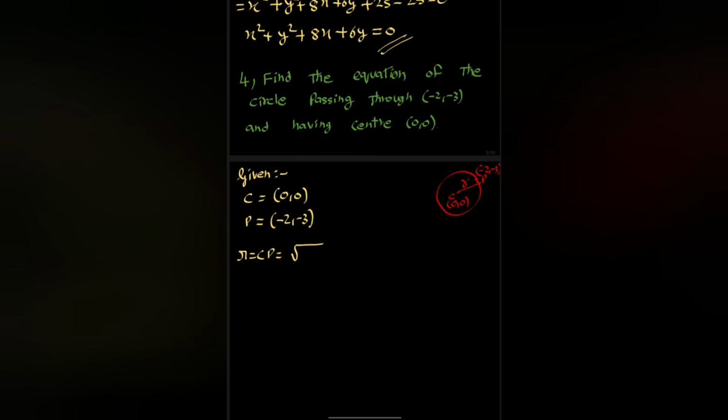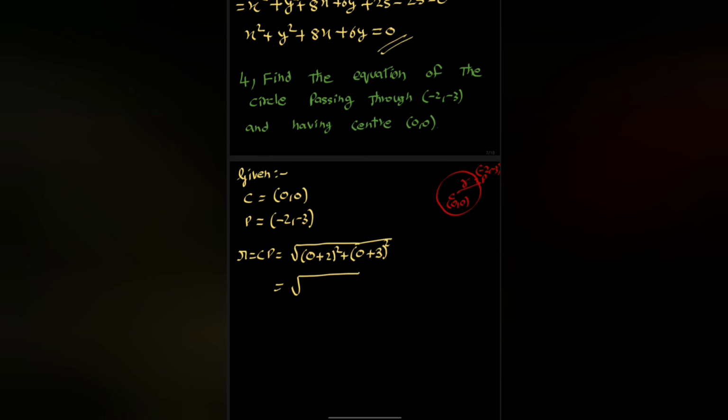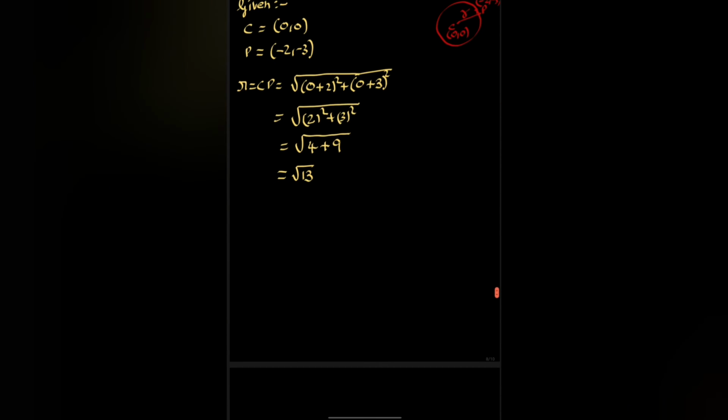So CP means root over (0 minus of minus, that is plus 2) whole square plus (0 minus of minus 3, that is plus 3) whole square. Then we get root over 2 square plus 3 square, that is root over 4 plus 9, that is root 13. So as per the question,